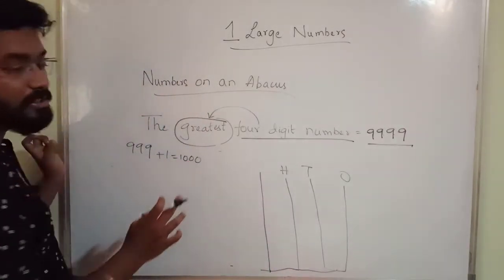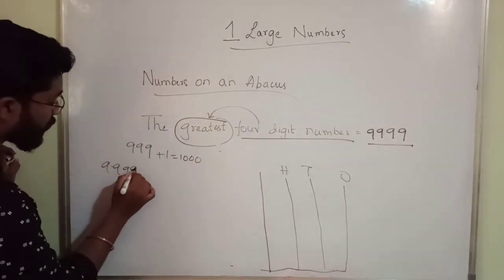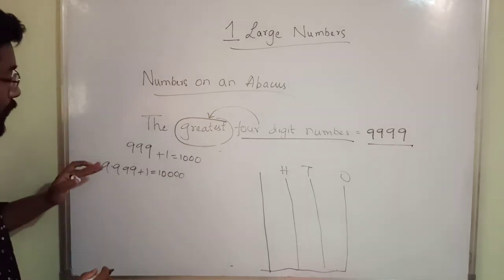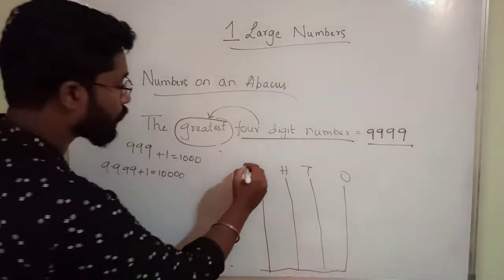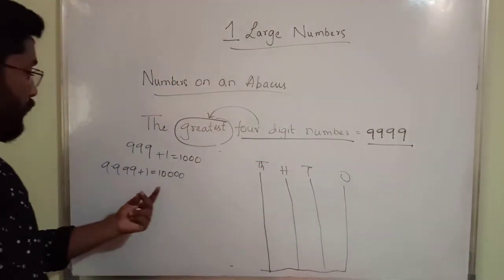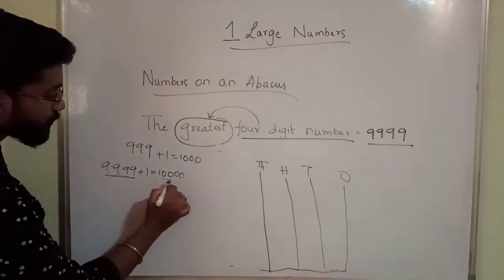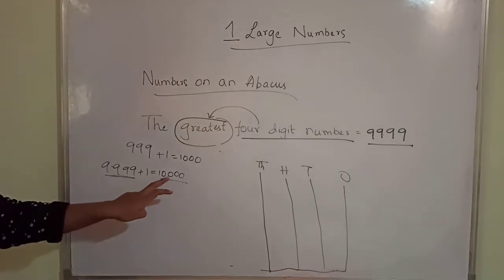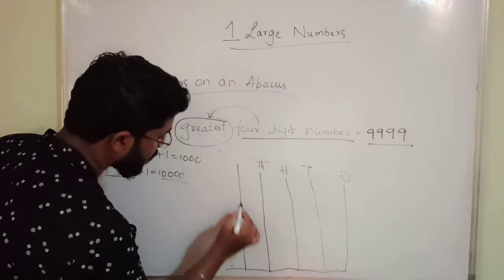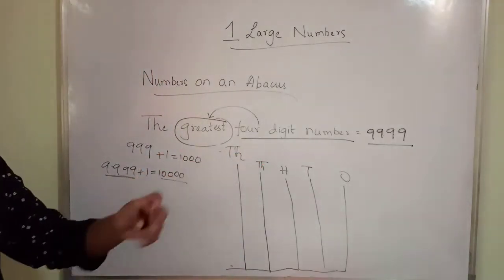From here 4 digits are starting, no? That's why the 4th rod will come here. 9,999 plus 1 equal to 10,000. So up to 9,999 only you can insert in these 4 rods. So up to here only 4 digits will complete. From 10,000 you will get 5 digits, 1 2 3 4 5. That's why you have to insert one more rod, that is the 10,000 rod. Okay, clear? Like this you have to do.